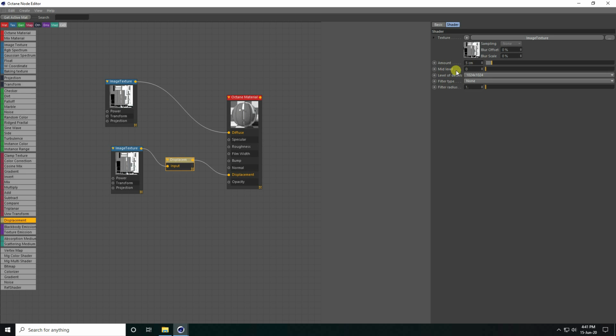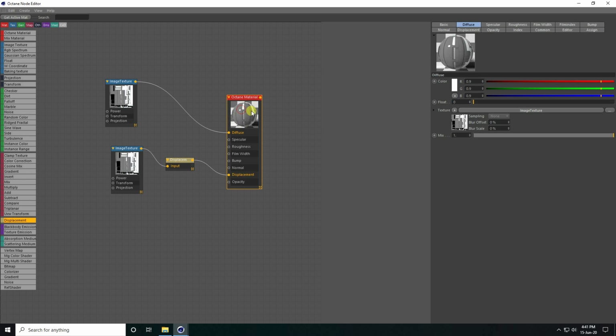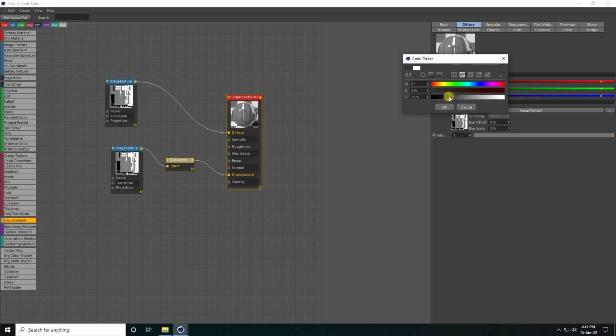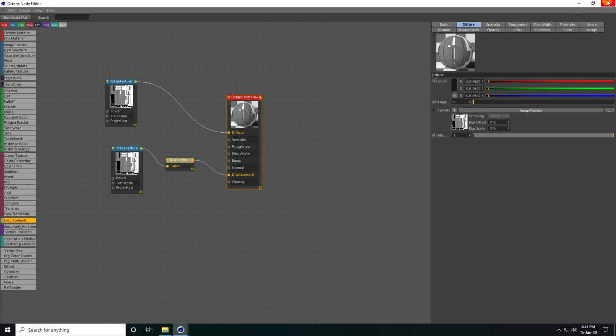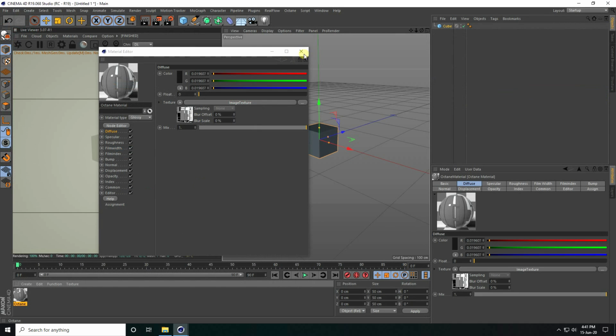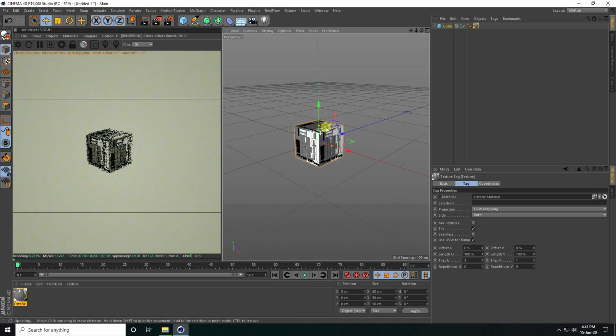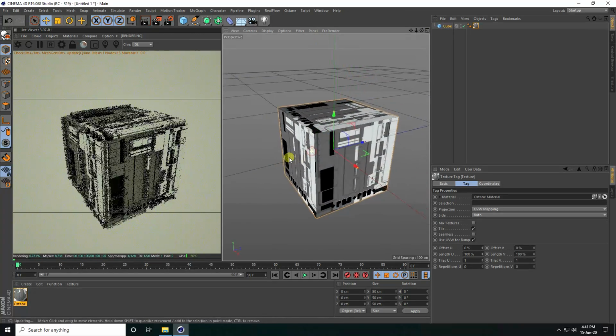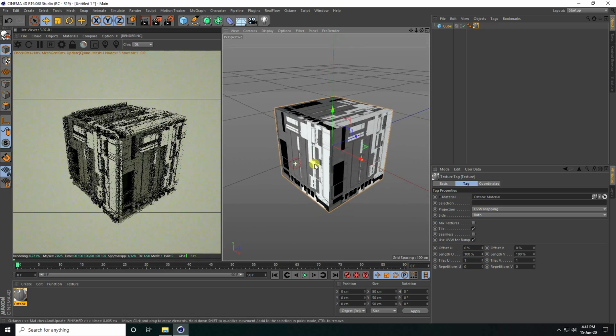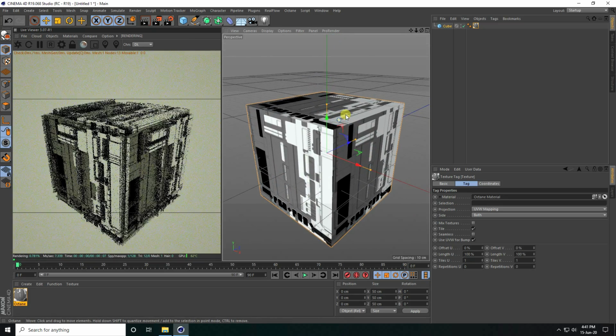And guys, mid level also change. I take 0.5. Okay, so guys, select this material and I go to diffuse, and also change the color like dark gray, simple. Close this material editor and apply it on the cube. See guys, that's my texture. Actually, the cube is really good.